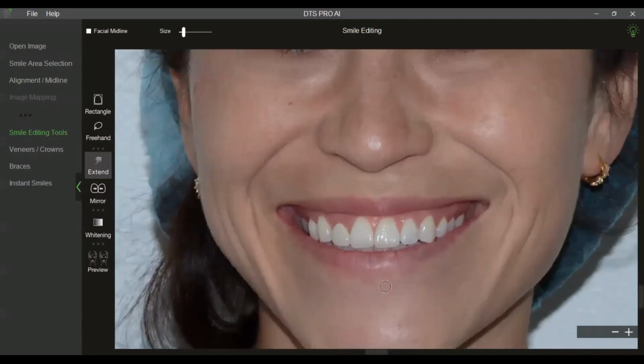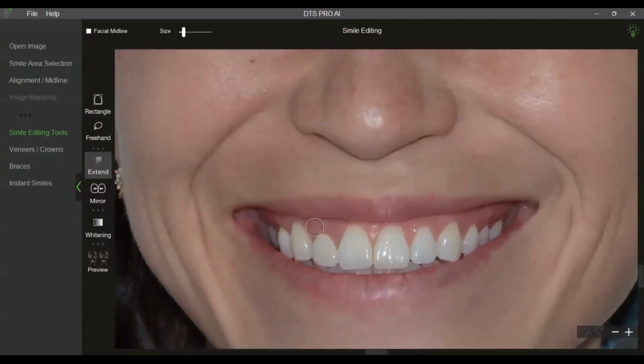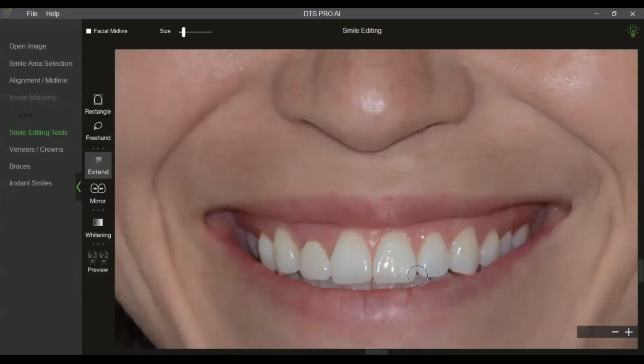So let me use a mirror tool here. As you can see, the patient's right lateral incisor is asymmetric as compared to the patient's left. So what I can do is that I can mirror this part and paste it here. How do you mirror? I'll go to the mirror tool. I will choose the size of the brush, which is approximately 1 tooth width. So I can slightly increase the size around that.